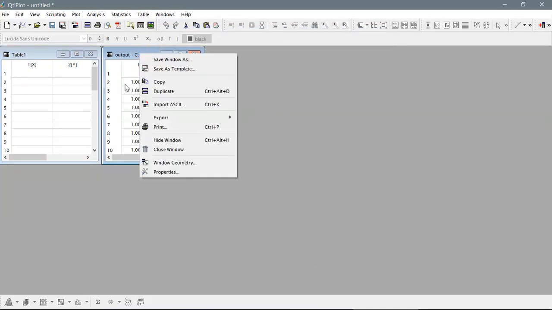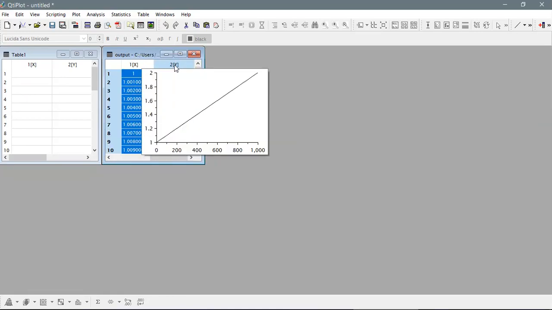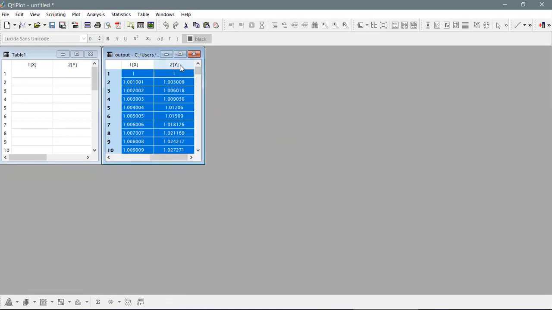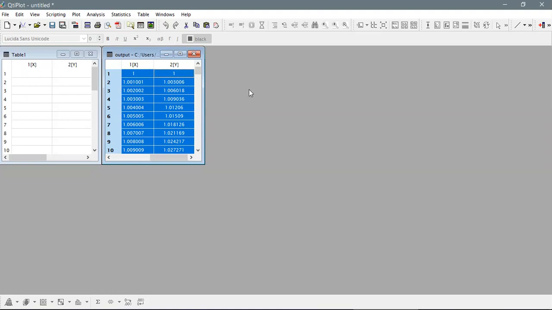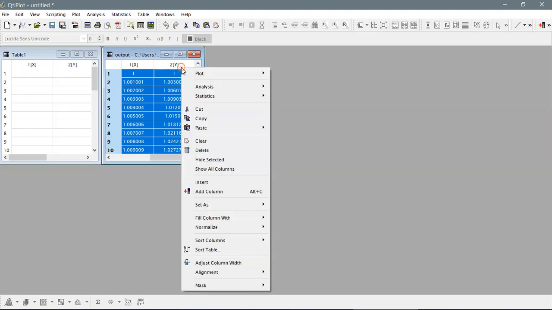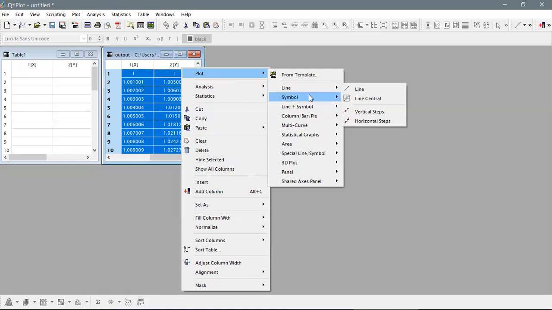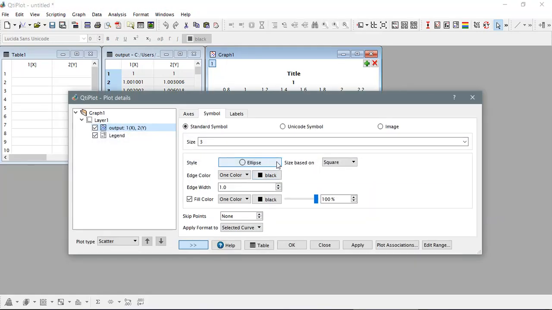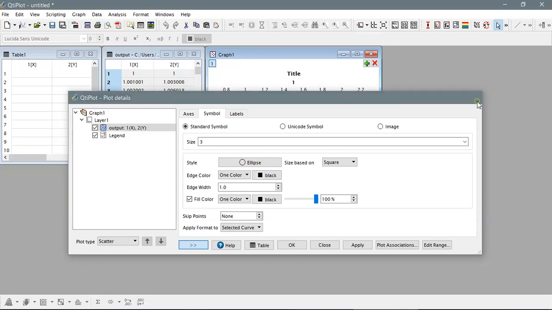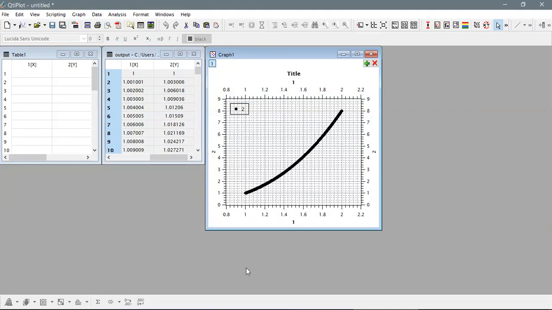Now what we need to do, we can plot it as a scatter, and this is how the graph looks like. This is how the graph looks. Thank you all for this. We have learned how to